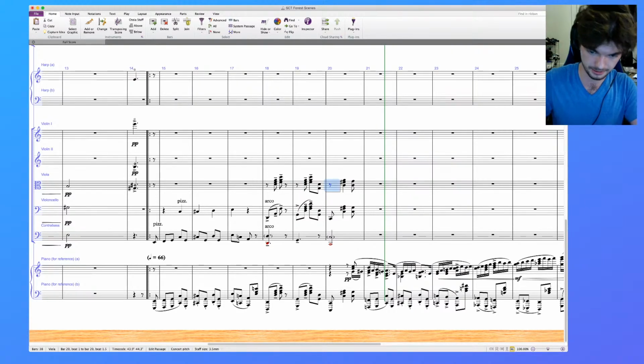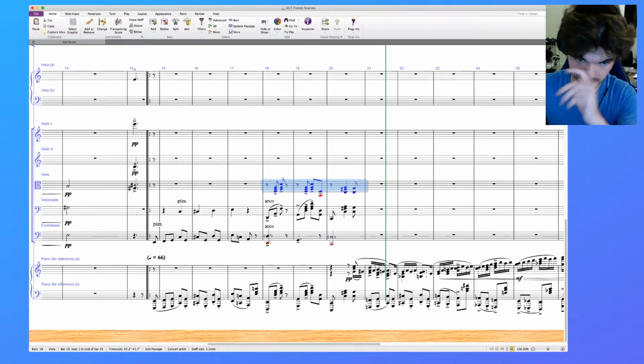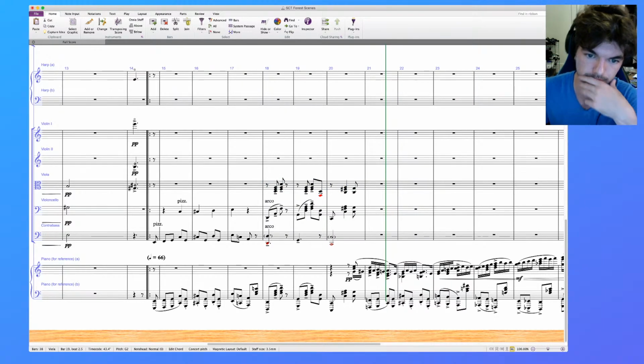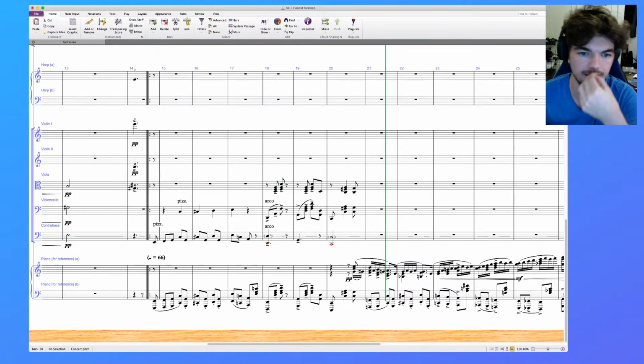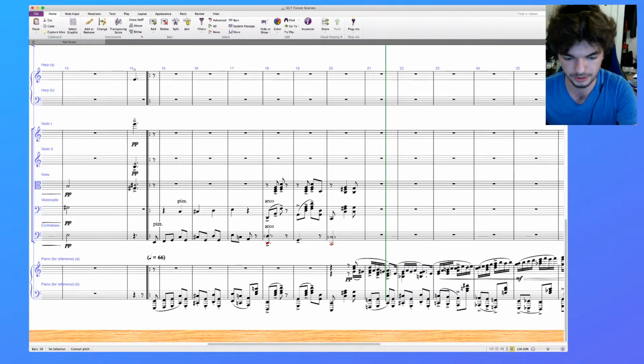And actually, okay, yeah, let's put it back down the octave. And so we're just going to start. My computer's heating up. We're going to start eliminating some of the chord tones that we have at any given time. So then for the cello,